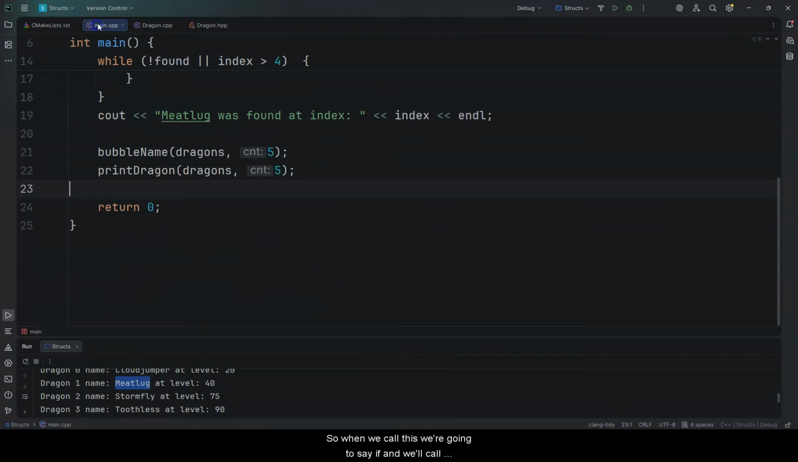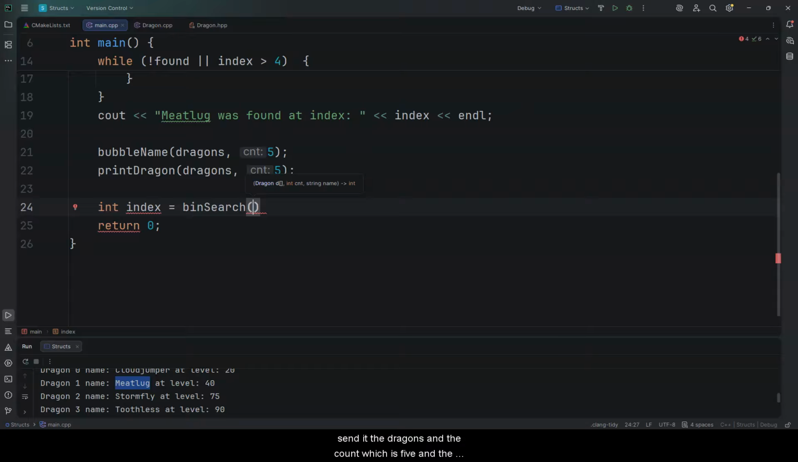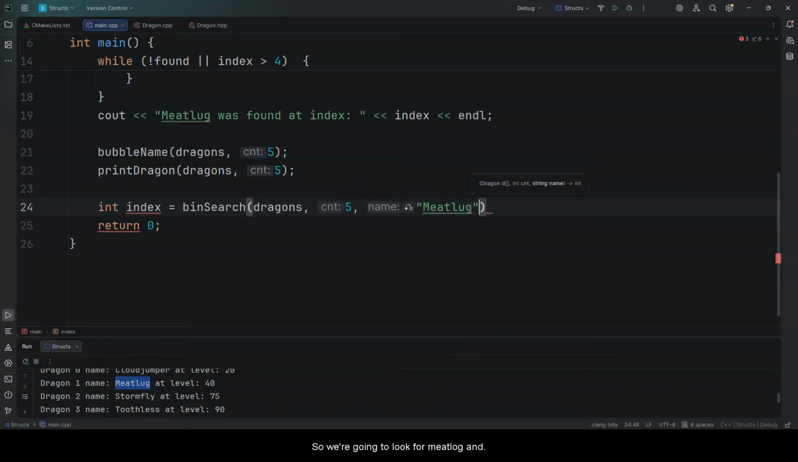So when we call this, we'll set a value. We'll say int index equals bin search, and then we need to send it the dragons and the count, which is 5, and the name we're looking for. So we're going to look for meat lug,